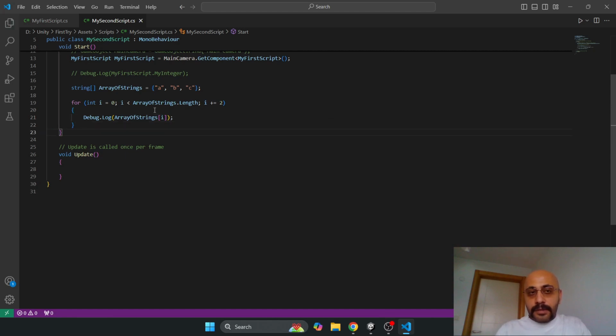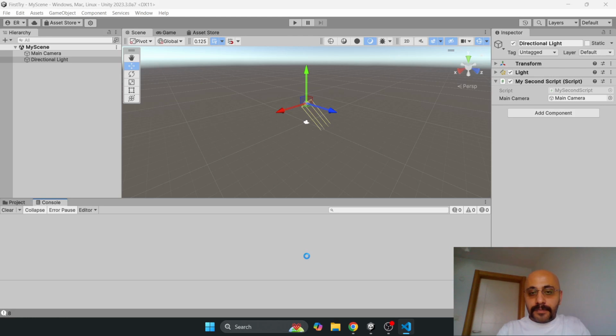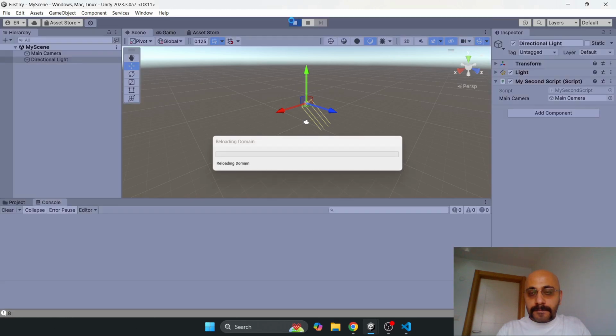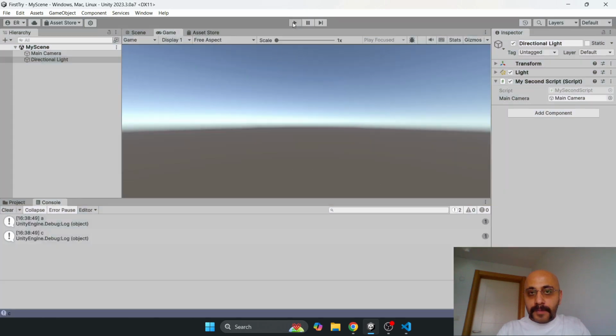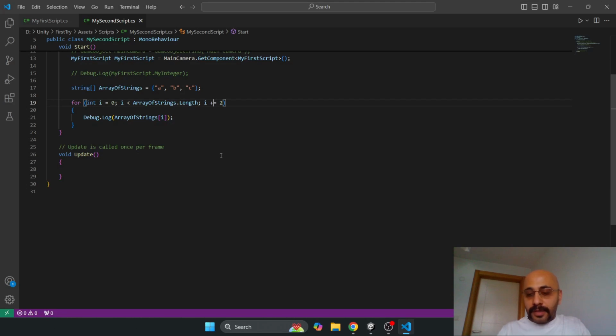What it does, it starts a loop counter from 0 and it prints out the 0th element of this array, which is A, and the next one, and the next one. A, C. Why is that? Because it added 2. I forgot that. Okay, right now it's going to print out A and then B and then C, but that's a very bad way